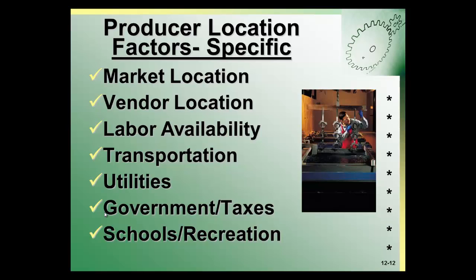A plant located in Pennsylvania could supply product to the Northeast and parts of Canada. A Midwest company could serve the heartland of the country, and a Washington plant could supply product to the western part of Canada, Alaska, and the western United States. Now, some producers use exceptionally heavy inputs or perishable inputs that are expensive to transport, and in those cases a producer would want to locate themselves closer to their vendors or their suppliers.